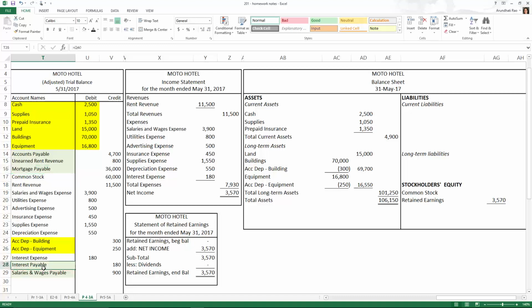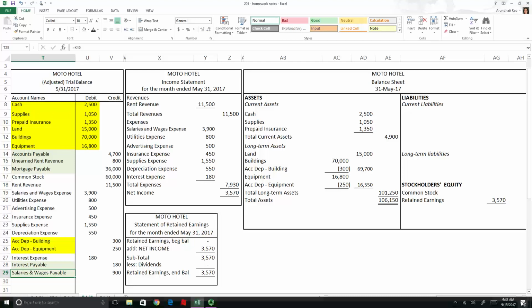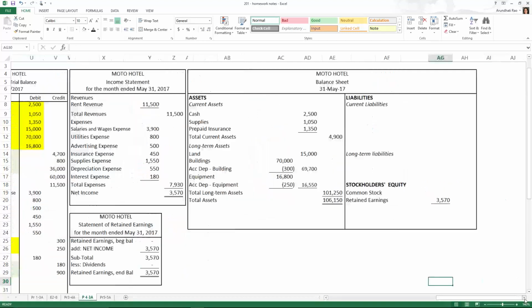Interest payable has to be paid very soon, so it's a current liability. Salaries and wages payable, most certainly it's a current liability. Your employees are not going to work for you if you say you're going to pay them a year or two down the road. You have to pay them within a few days, usually 2 weeks to a month, and that amount has to be paid. Okay, so now that we know that, let's bring that information in over here